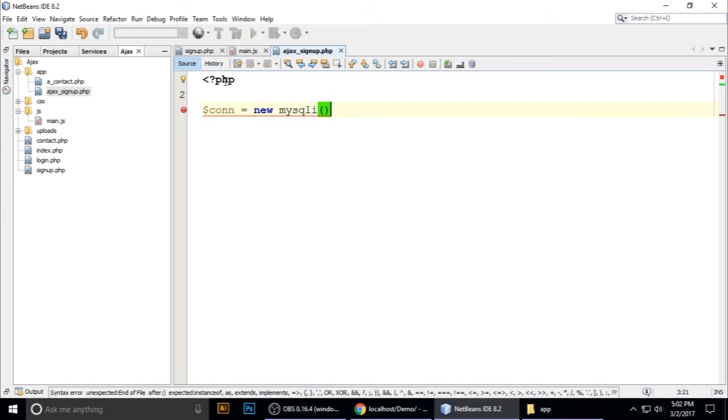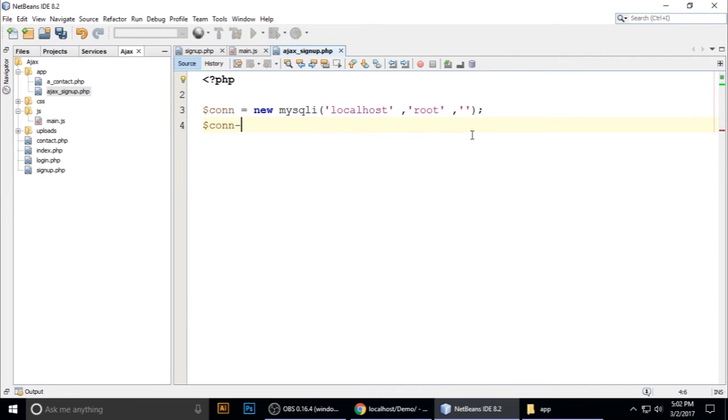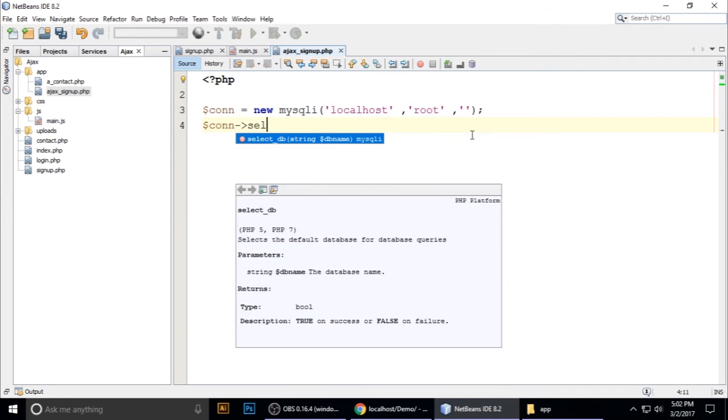Okay, and it takes three parameters. First is the host name. Host name is the localhost. Okay, and second one is the username. My username is root, and third one is the password. Okay, so I didn't set any password, so just connection object and call the method which is select db and